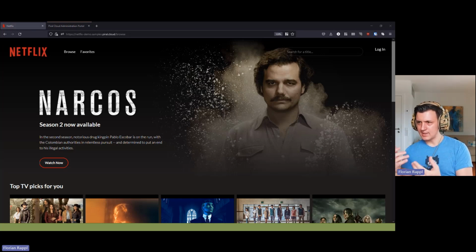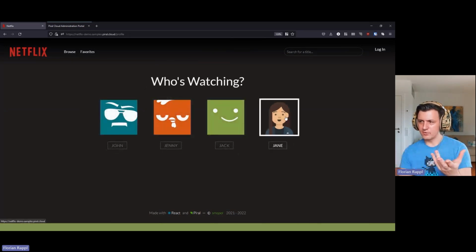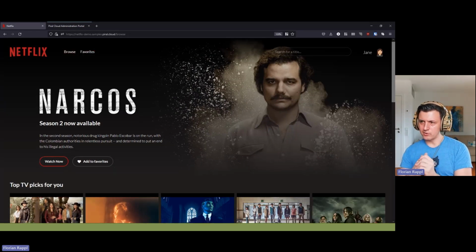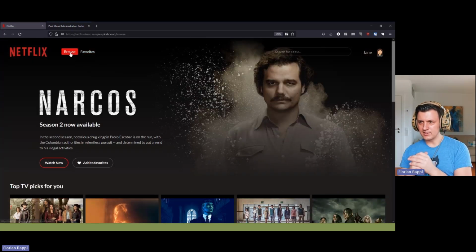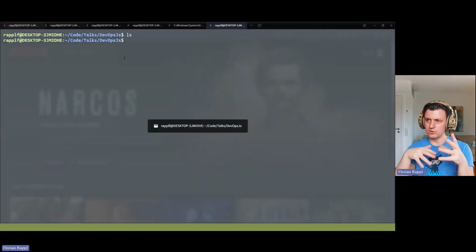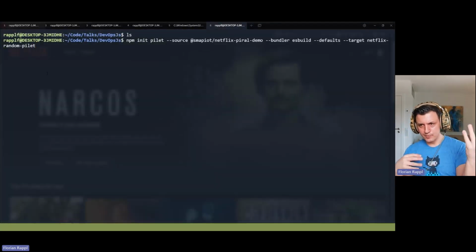In an example, let's have a look at a Netflix demo, because everyone knows Netflix, and I mentioned it at the beginning already. Now, not from a microservice perspective, but on the front end. This is a reconstruction of a Netflix application. This recreation has different profiles, so we're now using Jane, and you see there are these favorites, which is like a watch list, right? So you can also go to the page containing all your favorites, and if the job would be to create a new